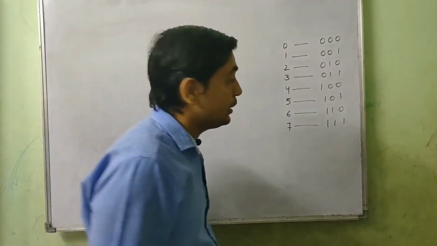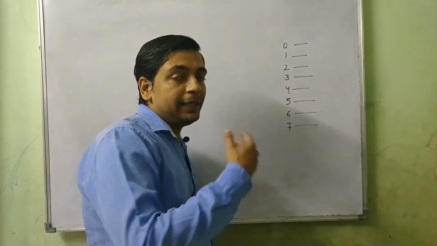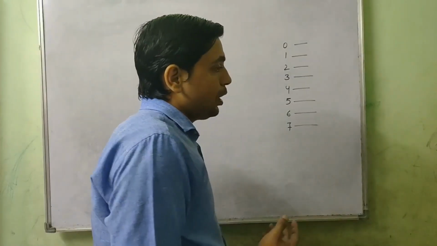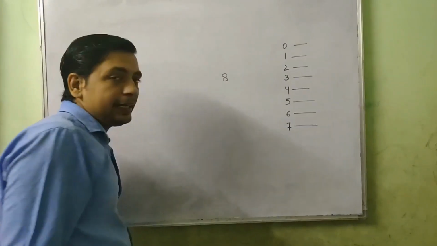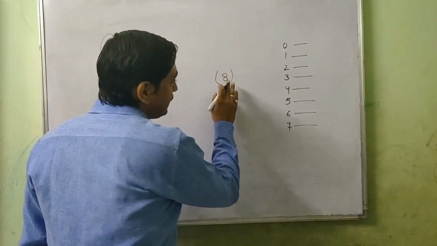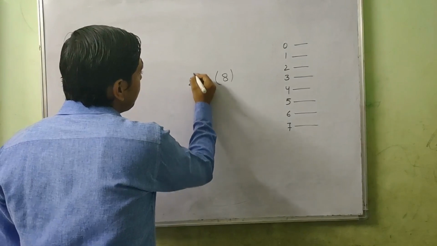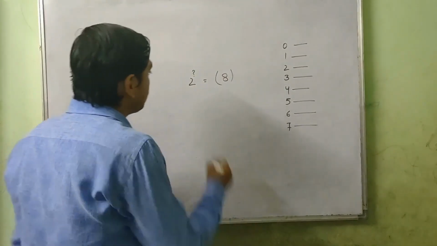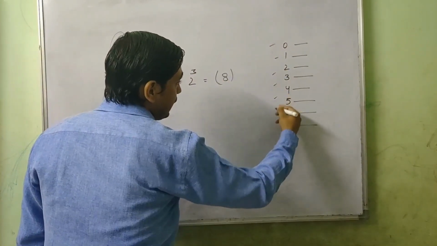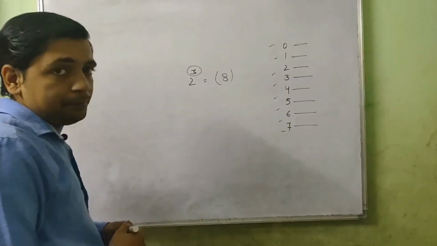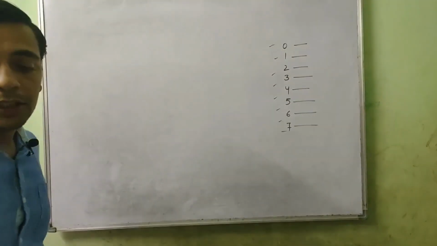If you don't remember it, then still you can write it. Now how will you do that? First of all you should be clear how many digits you want. For example, how many digits do we want? 8. So there are 8 different digits. Now we want to represent each one of them in binary. So 2 to the power of what is equal to 8? We know 2 to the power of 3 is equal to 8. That means these 8 digits can be represented in 3-bit binary, because 2 to the power of 3 is 8. So through this way you can understand. If we talk about 16 digits, 2 to the power of 4 is 16.